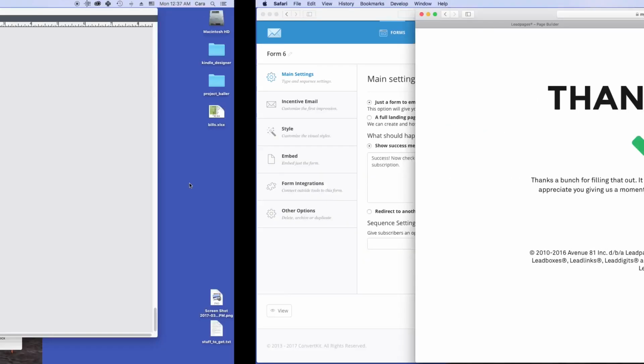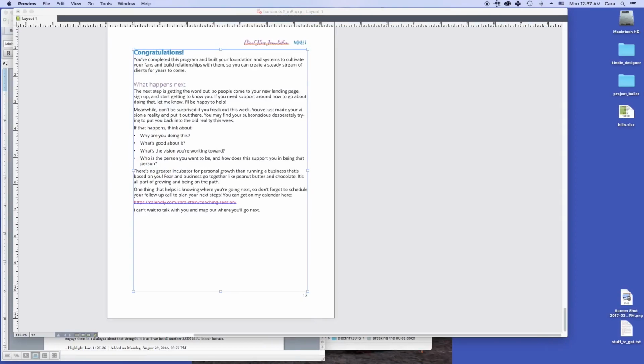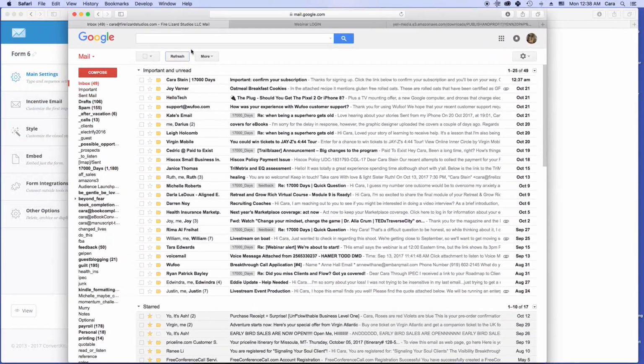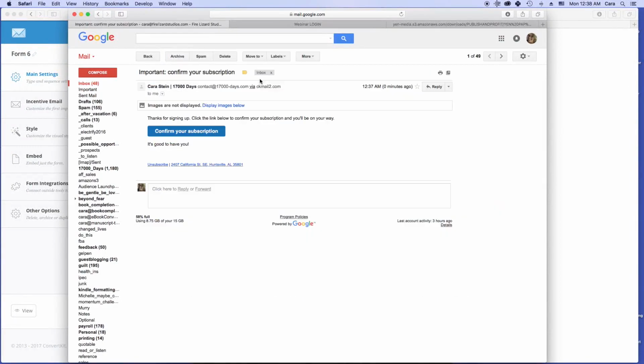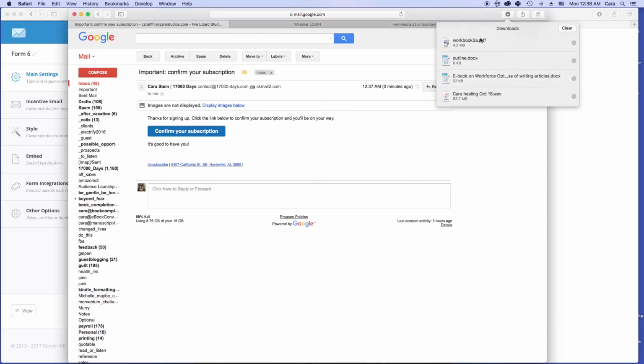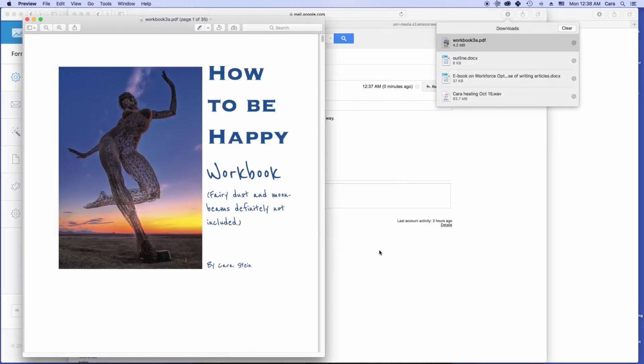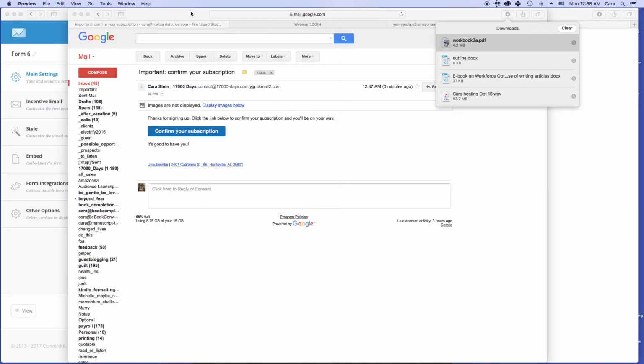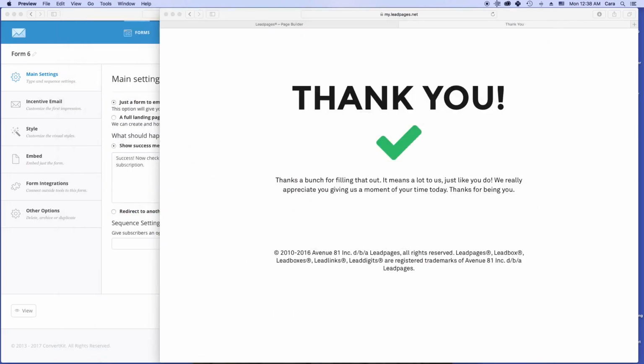Okay, so we've done that. And now, let me see if I can find my email under all of this stuff. So here's my email, and you can see it sent me this message, and there it is. And if I click confirm your subscription, it automatically starts downloading that PDF, and here it is. So that's awesome, very exciting. It actually worked. That's what we want to see. And that was step 6,